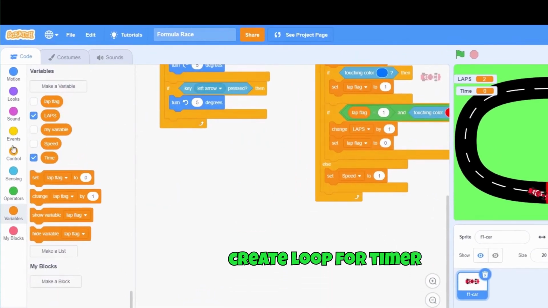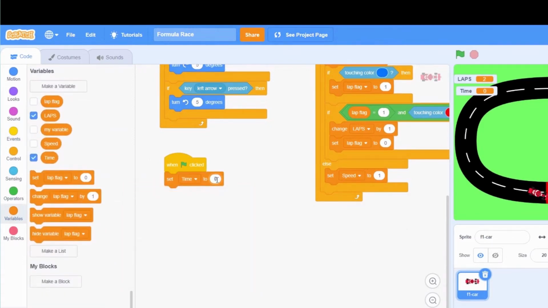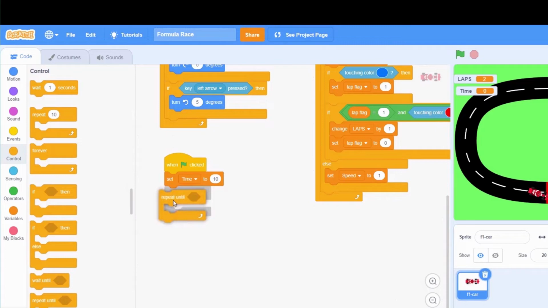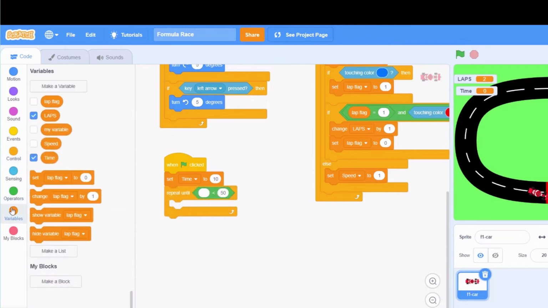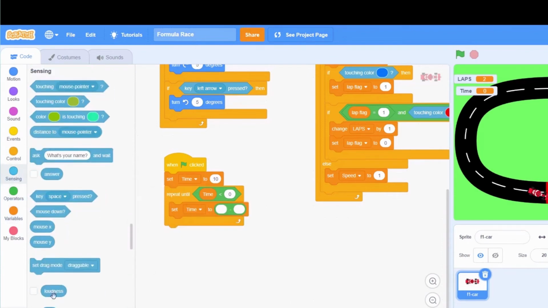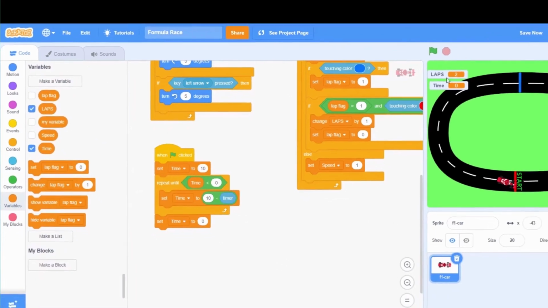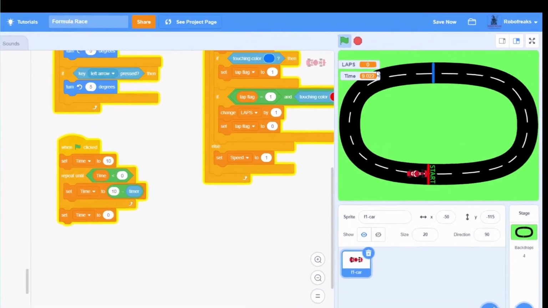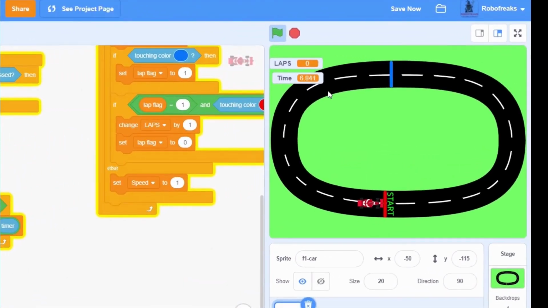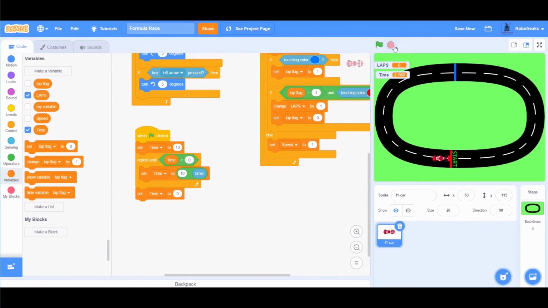We create a loop which will run until time is greater than 0. And in this loop, keep decreasing the value of time by a scratch timer block, which tells us for how much time the code has been running. Once the time becomes less than 0, we set it to 0 again. Run the code. Observe the value of time, it is decreasing and it stops at 0. Well, our timer is working now.